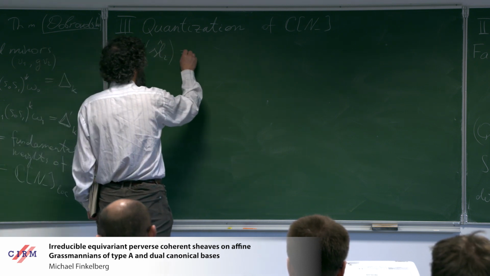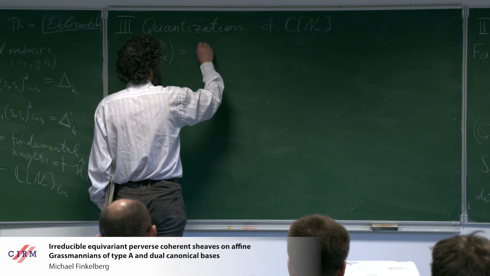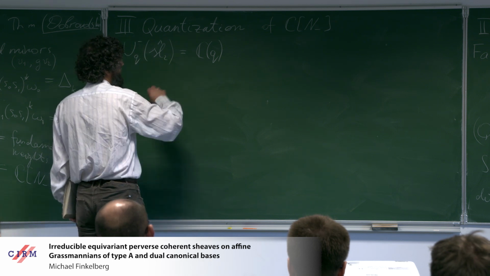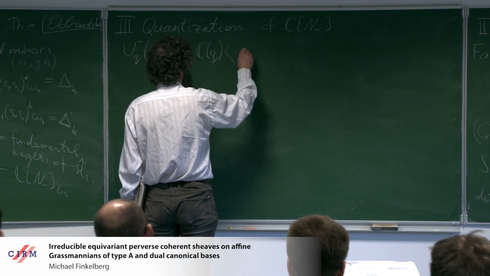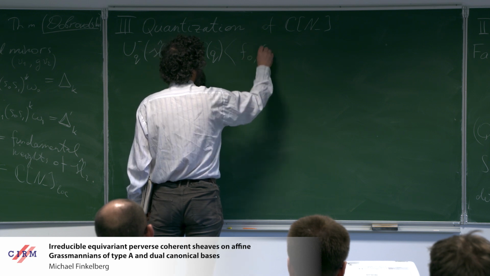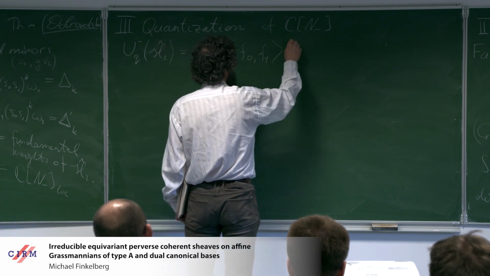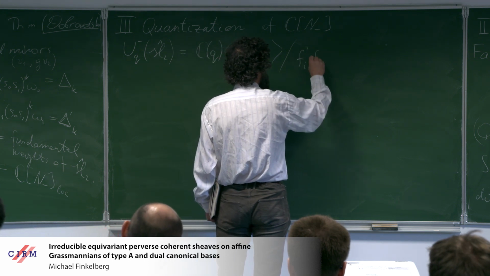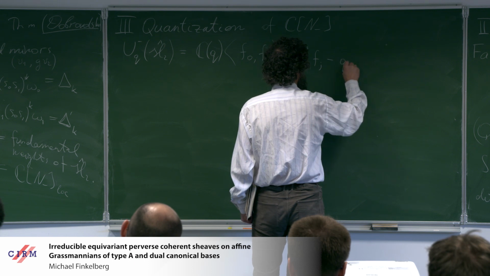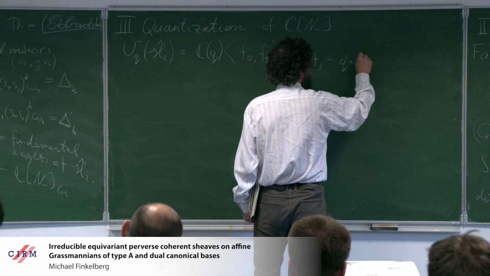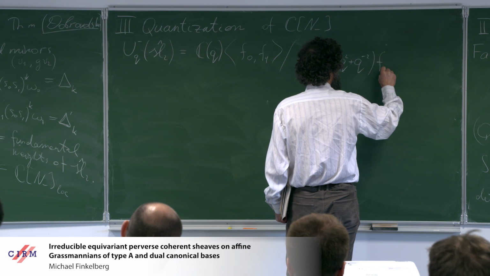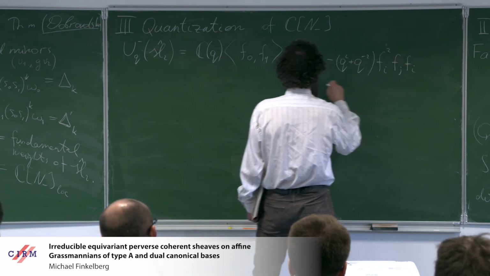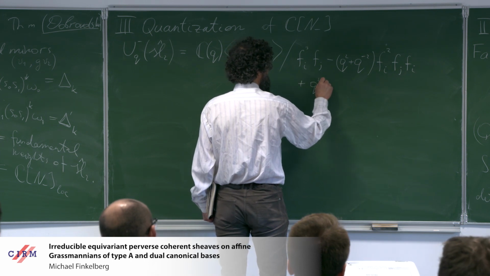Well, this is just an algebra over the field of rational functions in q with two generators, F0 and F1, and with the two relations: Fi cubed Fj minus (q squared plus q inverse squared) Fi squared Fj Fi plus (q squared plus